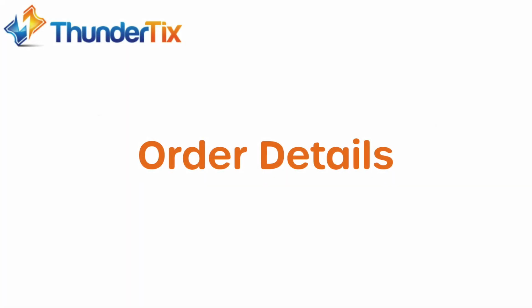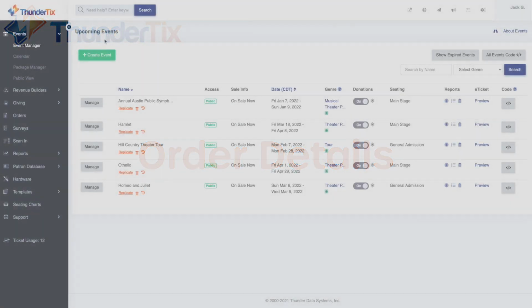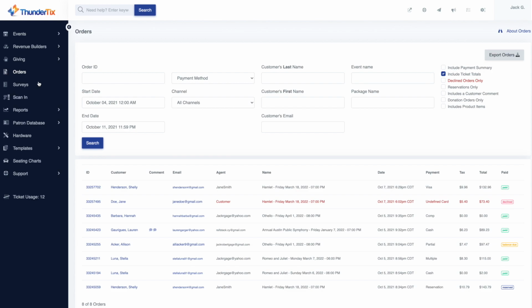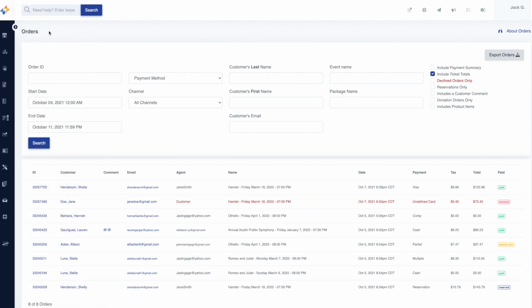Hello and welcome. Today we're going to explore the Orders tab, which provides information for all orders processed through ThunderTix. Let's get started. By default, the Orders page loads with the past week of orders, with the most recent shown